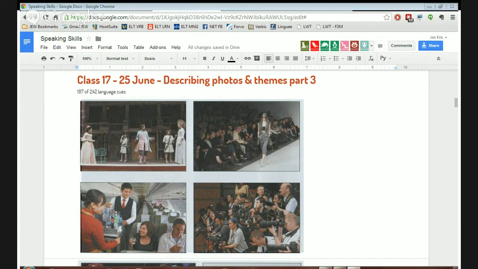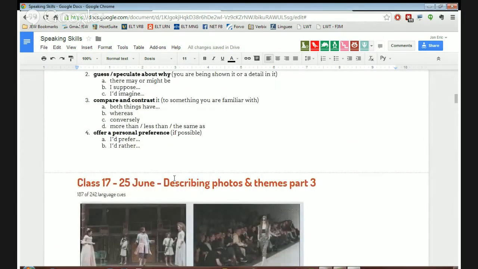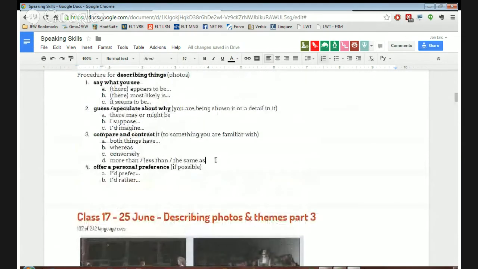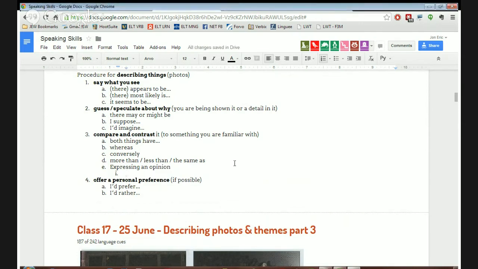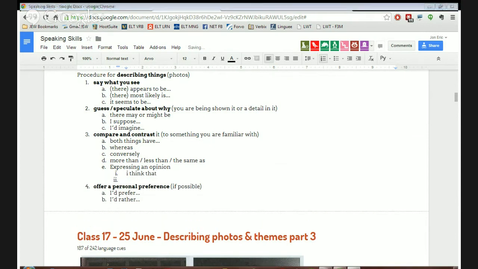Right. So look, Giuseppe, let's add some expressions here, and then the rest of you can benefit from this as well, okay? So in comparing and contrasting, one of the things that you're going to be doing all throughout here is expressing an opinion. Maybe it's not the best place, but I'll put it here. Expressing an opinion. Okay, and I'll give you some things that you can say. Obviously, you can say, I think that. But if you're not 100% sure about what you're saying, it seems to me that.